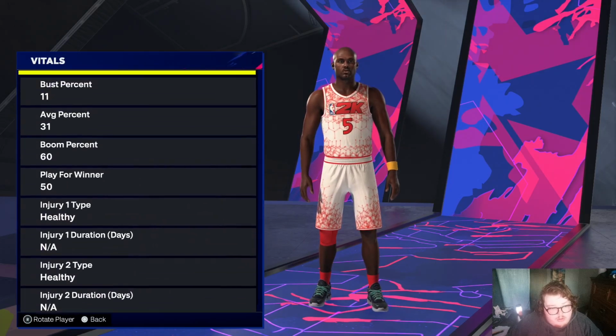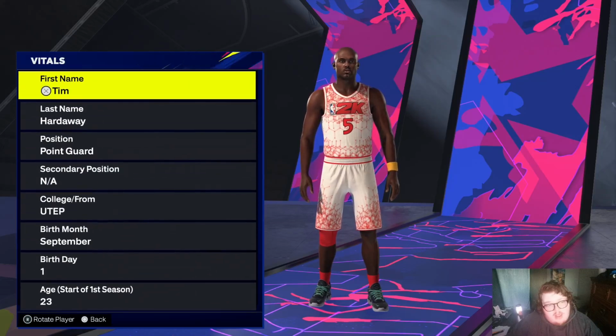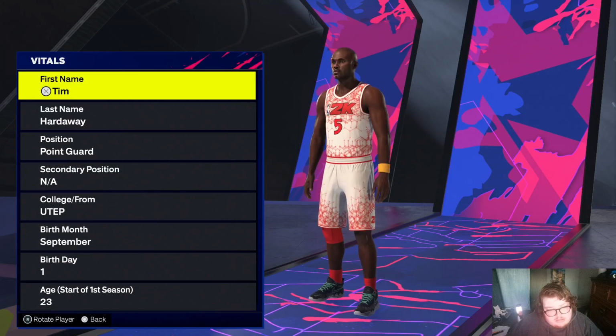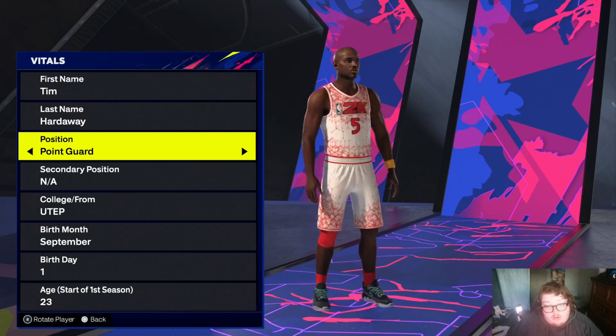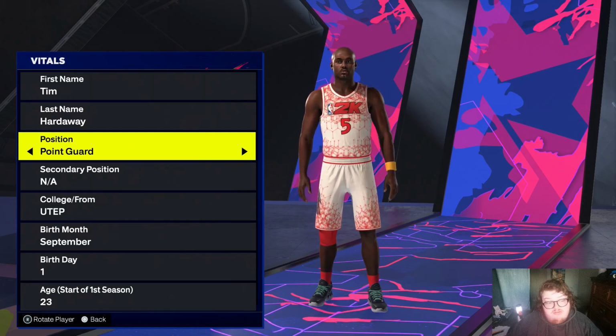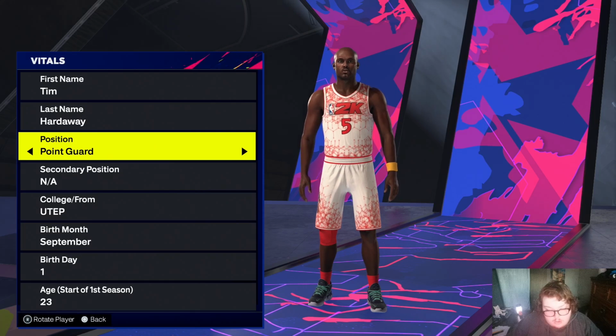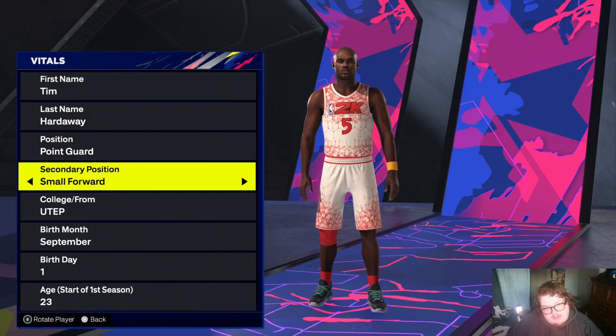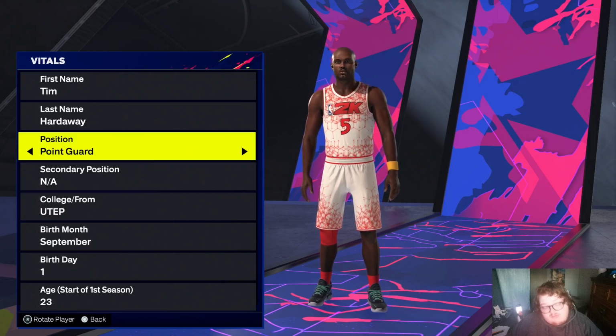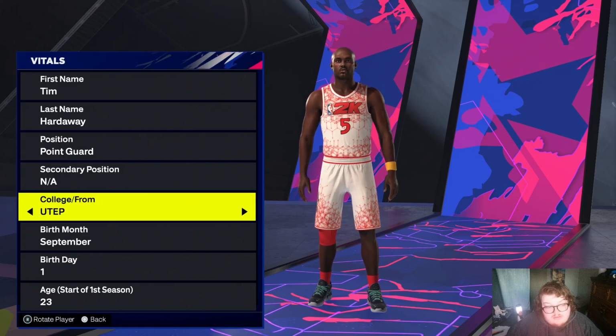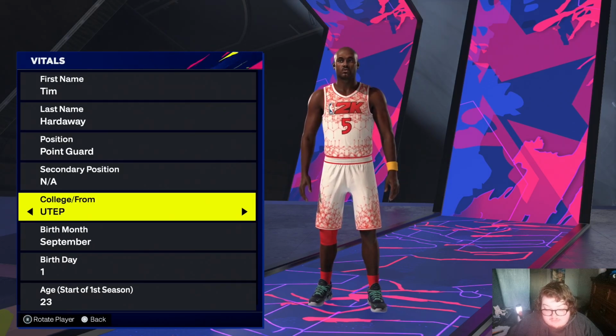So first off, when we look at vital screens, I do make sure their name is completely correct if I can. As far as positions go, I base positions off of Basketball Reference. So if their first primary position was listed as point guard and the second one was small forward, it would be like this. If it was the other way, it'd be small forward then point guard. Colleges, I try to get the exact college. If I don't have the exact college, so like for example, in this case, we have